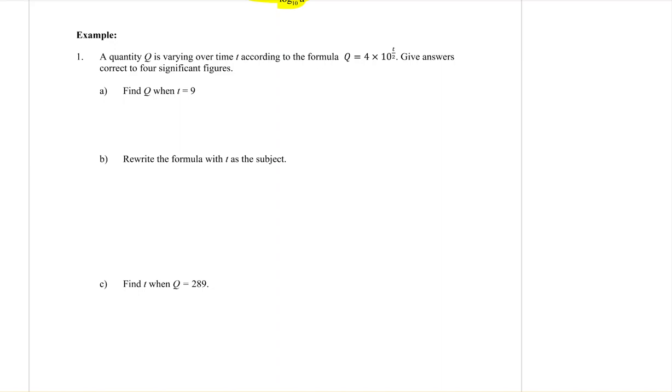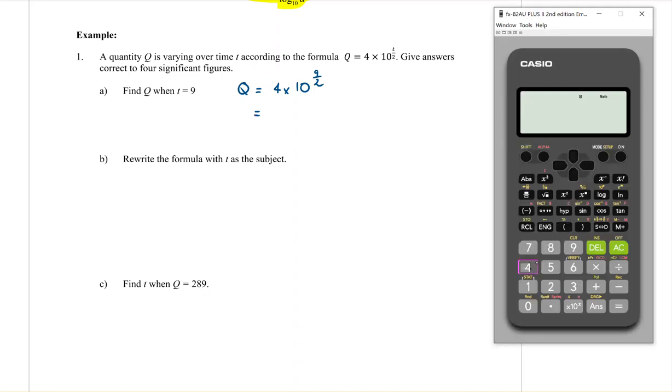So Q equals 4 times 10 to the power of, it's T over 2, but T is 9. So it's 9 over 2. And you can just type that into your calculator. 4 times 10 to the power of, and you can put your fraction in there as well, 9 over 2